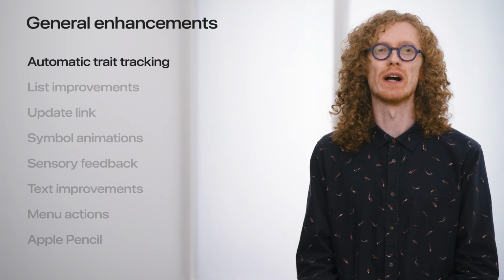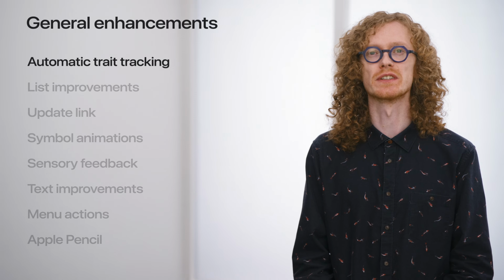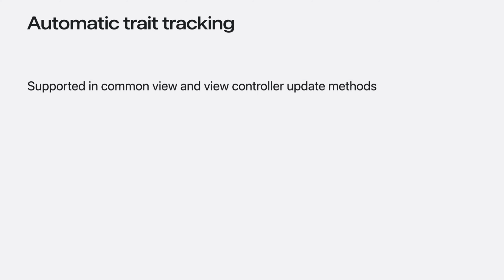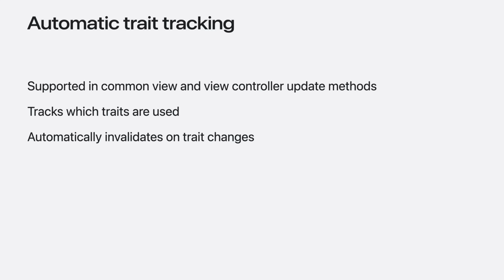The trait system in UIKit propagates data to the view controllers and views in your app's hierarchy. In iOS 18, it's easier than ever to use traits and handle changes. UIKit now supports automatic trait tracking inside common view and view controller update methods, such as layoutSubviews and drawRect. When UIKit calls one of these supported methods, it records which traits you access inside that method. Then, when any of those traits change value, UIKit automatically performs the associated invalidation for that method, such as setNeedsLayout